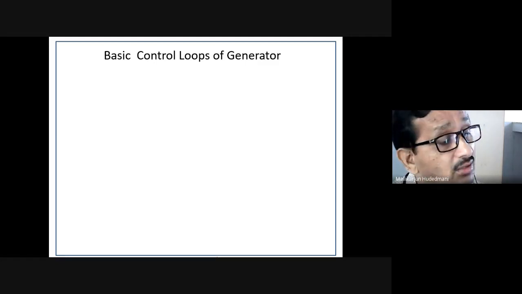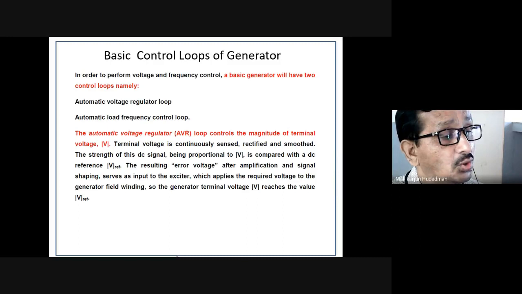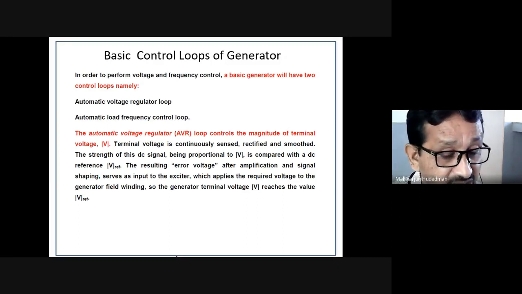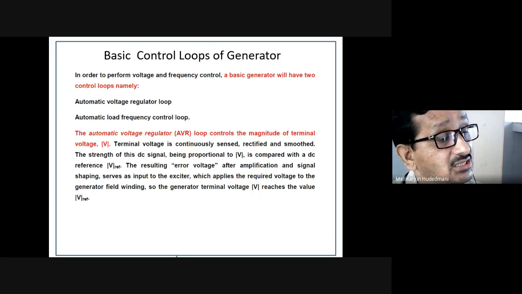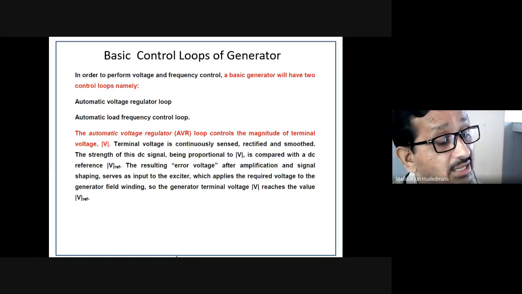So there could be one question: explain the basic control loops of a generator with a suitable block diagram. So then this is the requirement. In order to perform voltage and frequency control in an energy control center, particularly a generating station, AGC, automatic generation controller, has to internally